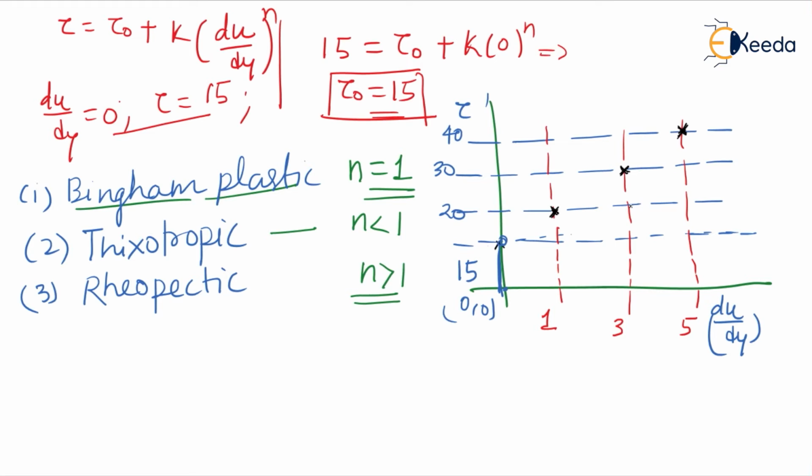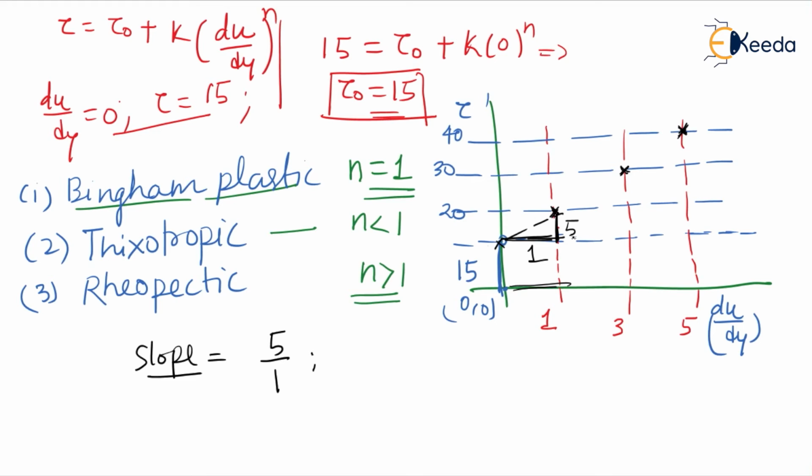So how can we check the slope? Slope is basically height upon base. Suppose we want to check it from 0, 0 to 1 for this segment. What is the base and what is the height? What is this height? 5. What is this base? 1. So the slope for this first segment will be 5 by 1.